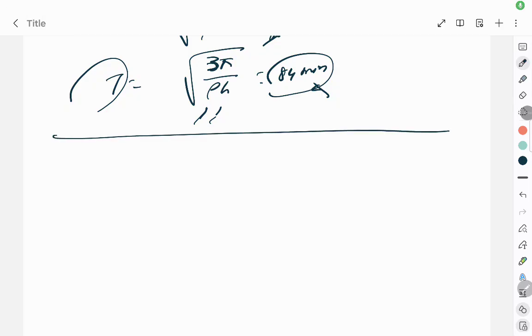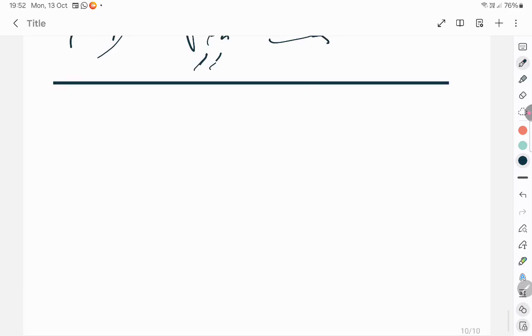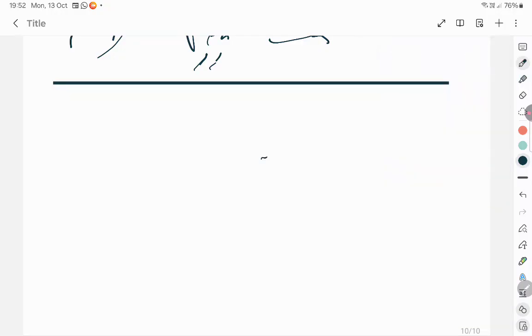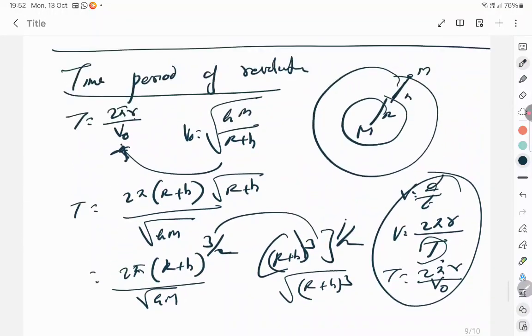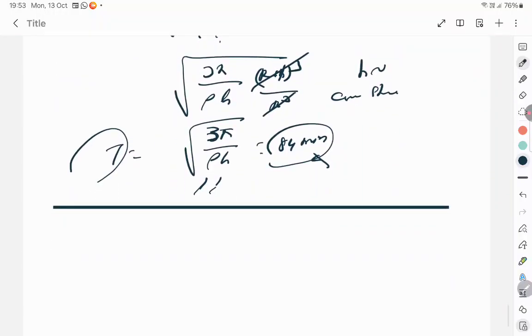Okay, so are you clear till time period? Very, very important. Next one, the last derivation for today, I won't torture you more, is about finding this h. Auntie, what the hell, to find h, what is h? This h. Supposing the question is about finding this h, how to find that h?